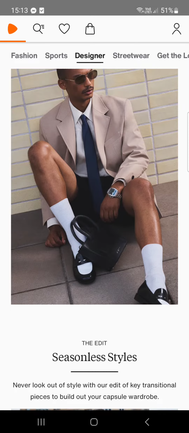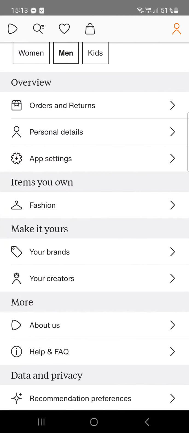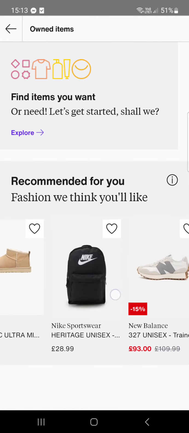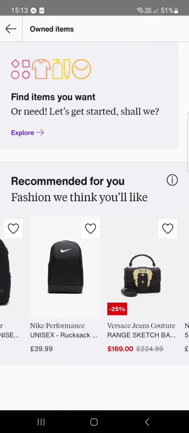In the top right corner there is a person icon which we have to tap. And then in the items you own section we find fashion. We tap on fashion and then we can find the items in this little scrollable list that are recommended for